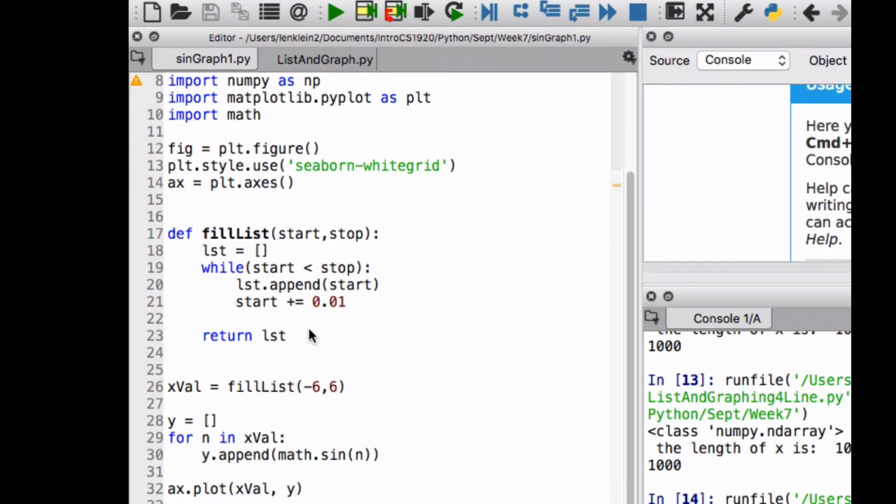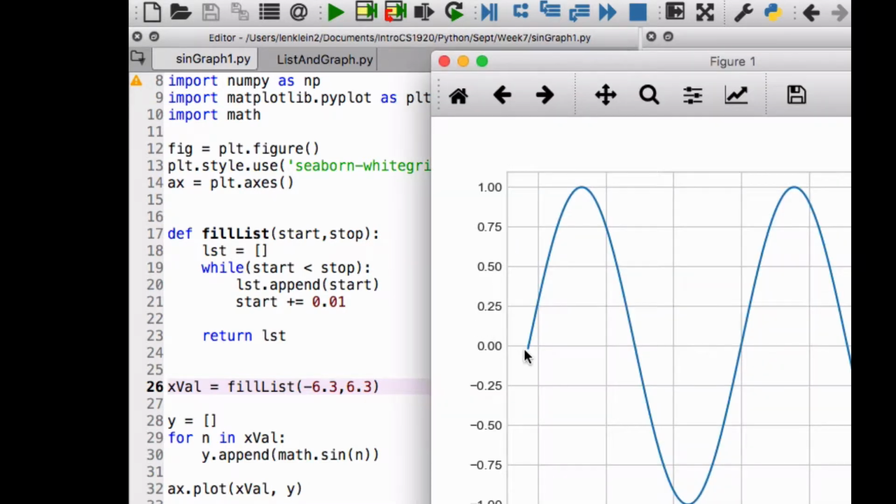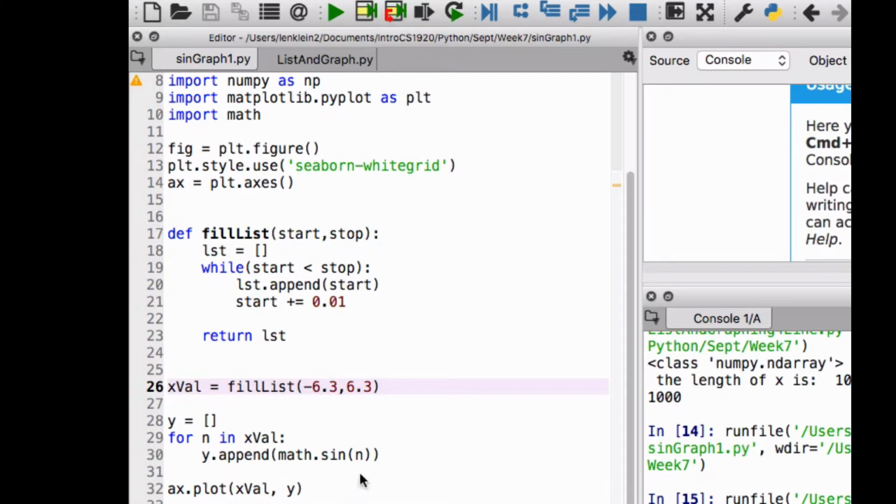So if we make a minor adjustment and say that this is going to be minus 6.3 to 6.3 and run it again, notice I go just a little bit below 0, so I don't care as long as I get a pretty good looking sine curve. And strangely enough, it starts at 0, goes up to a maximum of 1, and comes back and up again. Alright, so that'll get you a simple sine curve,